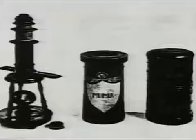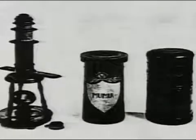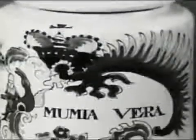In medieval times, pounded up ancient Egyptian mummy was considered to be a powerful medicine, to say nothing of an aphrodisiac. Pounded mummy was worn by the King of France in a leather pouch on his belt. A thriving market in what was called Mumia